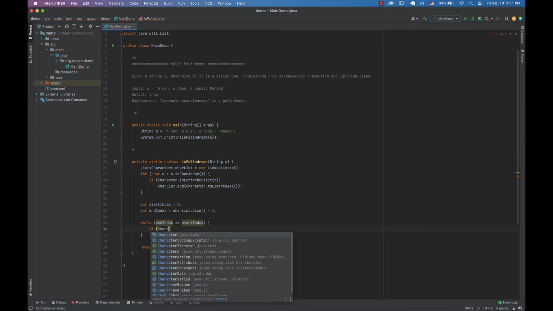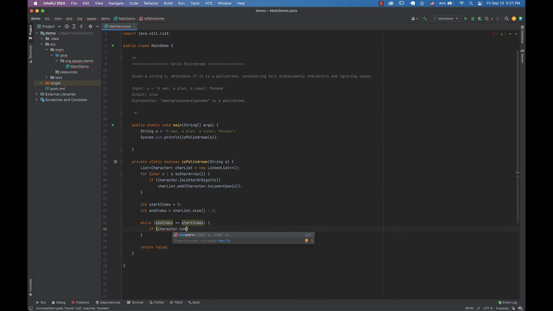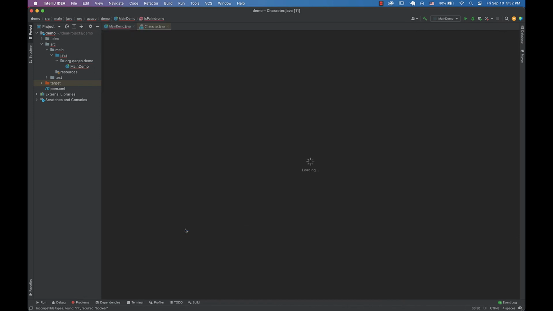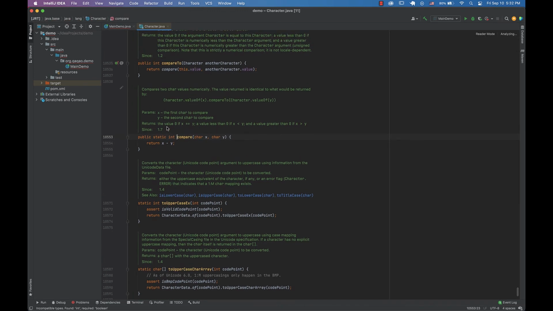We say Character compare. So we say compare charList at index start and charList get end index. Now let's look into the compare method, and it returns an integer,